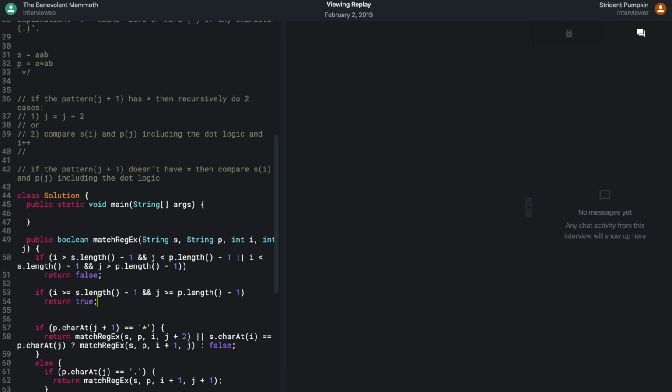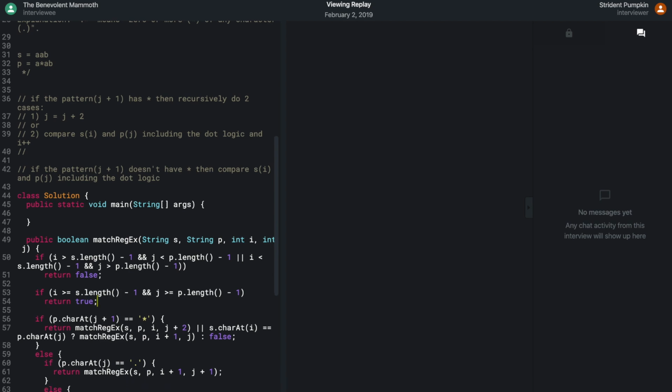I think that's it based on my logic before. Can we run through a few examples with this? Yeah, sure. So of course, public static